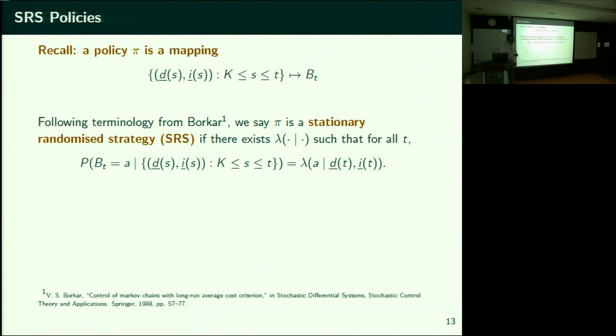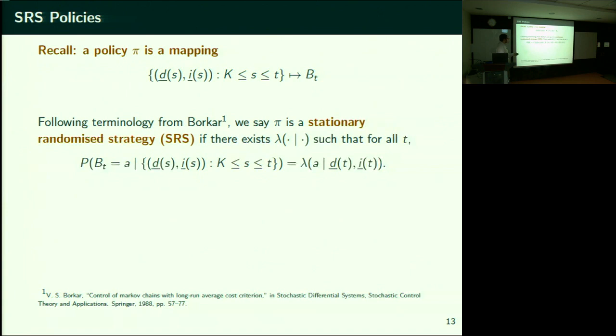So you're going to add to the history BS minus 1, for S less than or equal to T, and in lambda A given DT, IT, will you have BT minus 1? Oh no, that won't be there. I think that's all his question is.